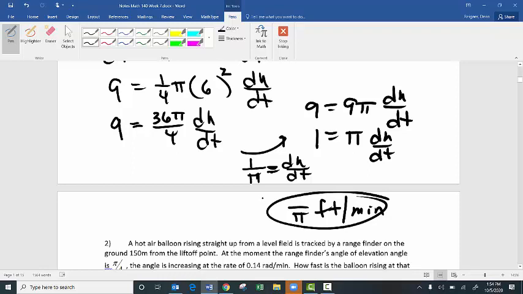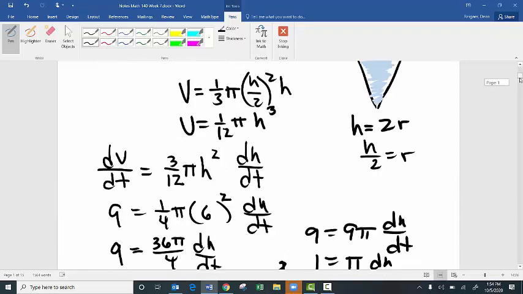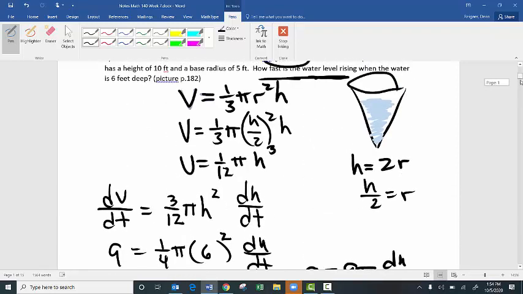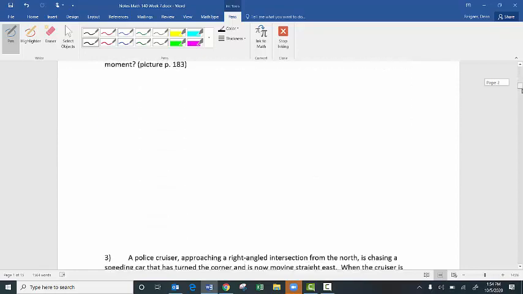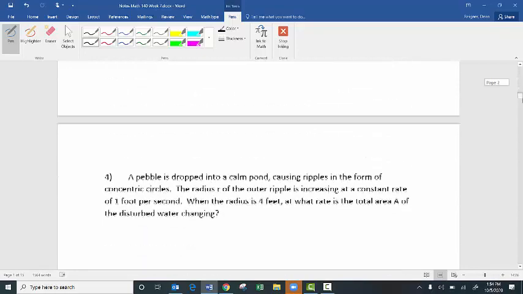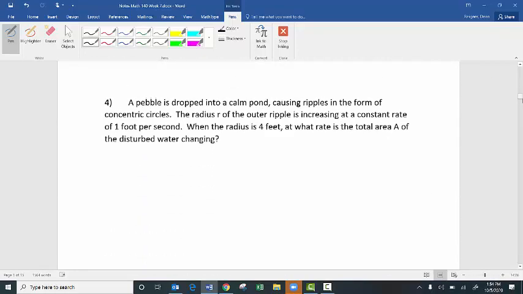So what we're going to do is we're going to do some other ones. We're not going to go in order. We're going to do some of the easier ones first. So that one was a little bit harder because you had to get rid of one of the variables because there was 3 of them. So now if you go down to number 4, this is a little bit easier because you have this pebble,